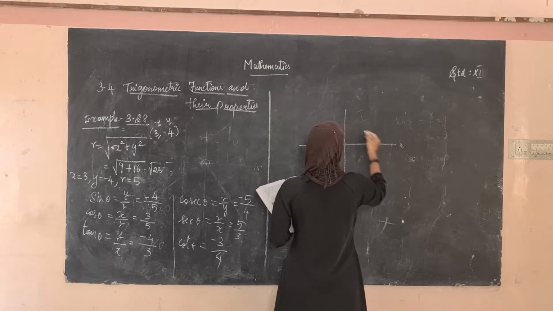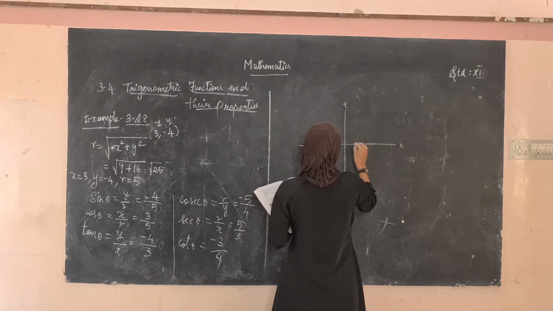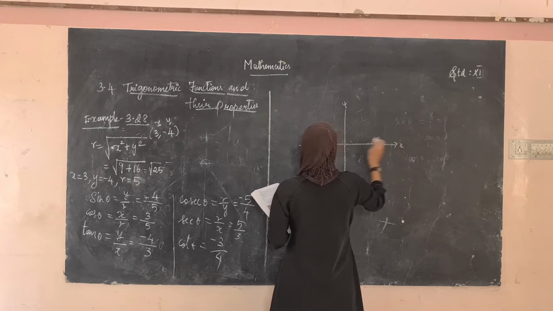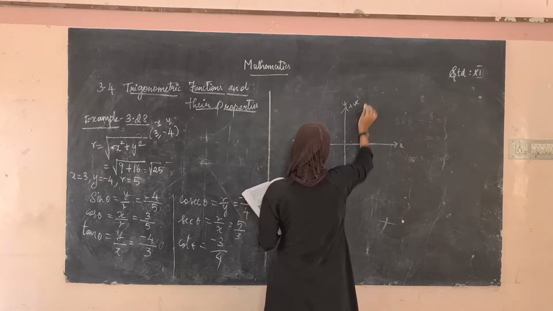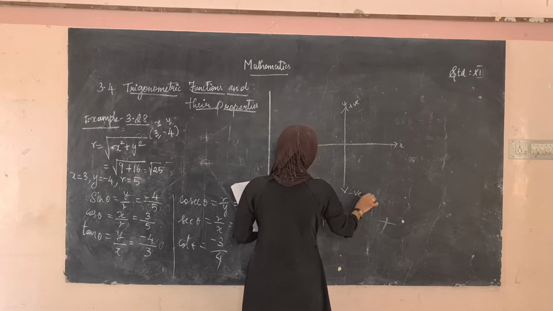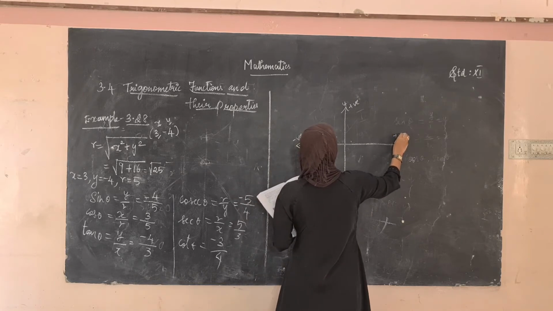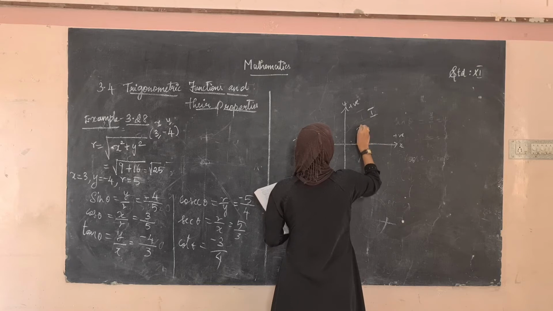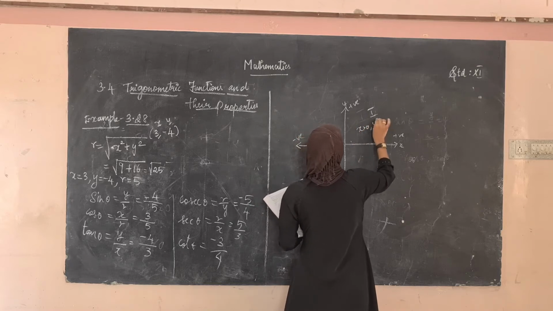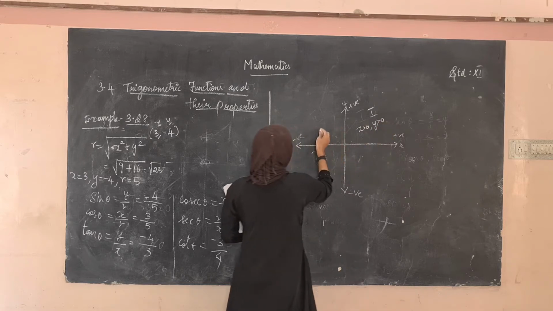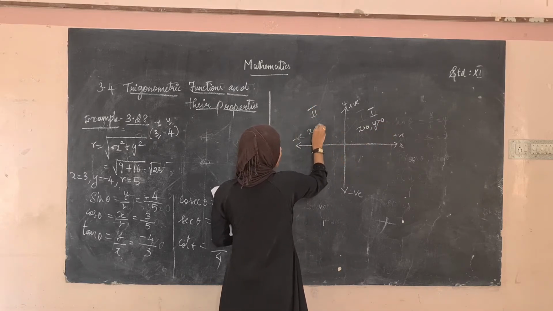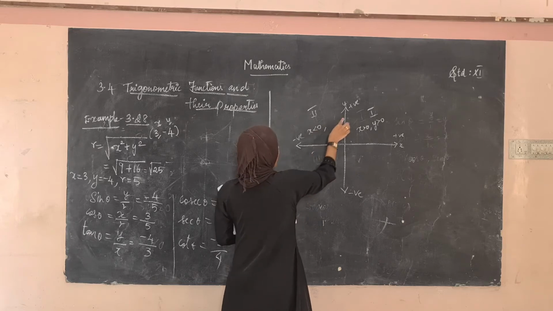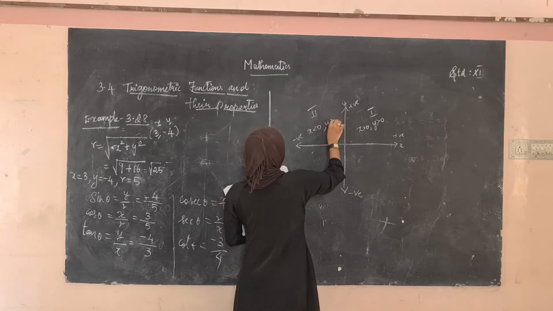So this is x and this is y. Here it is positive, this is the positive side and this is the negative side, and here it is positive side and here it is negative side, right? So in the first quadrant, x's value is positive, and what about y's value? Y's value is also positive. And in the second quadrant, what about x value? X value is negative, that is x is less than 0, and here y value is positive.